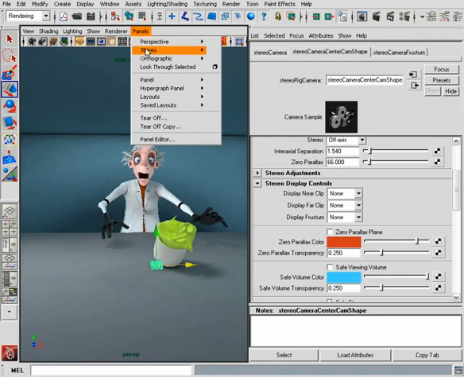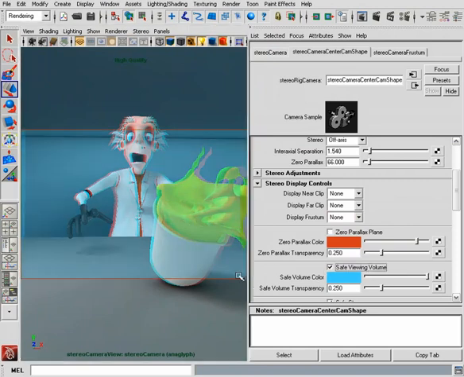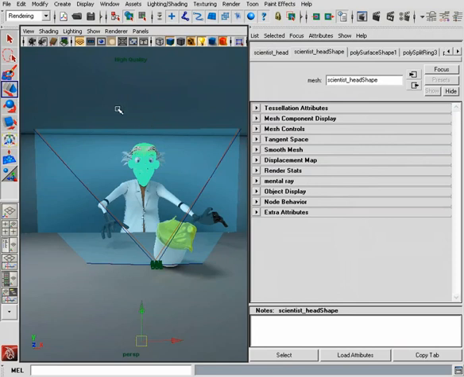And what you end up having to do is look through the camera and double check, well, is that a framing issue, or am I not even in my volume? It's hard to tell. And if I just turn on the volume, you can kind of make it out, but not great. So I'll go ahead and turn on my center frustum, and I'll turn on my safe viewing volume, and I'm going to go back to my perspective mode